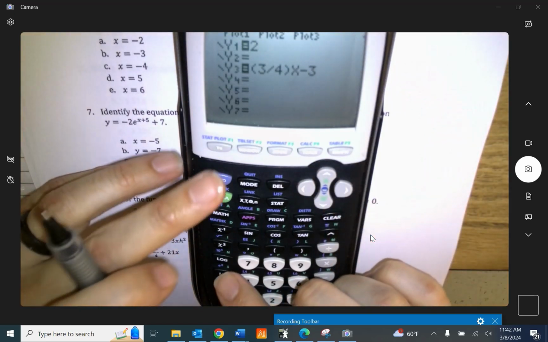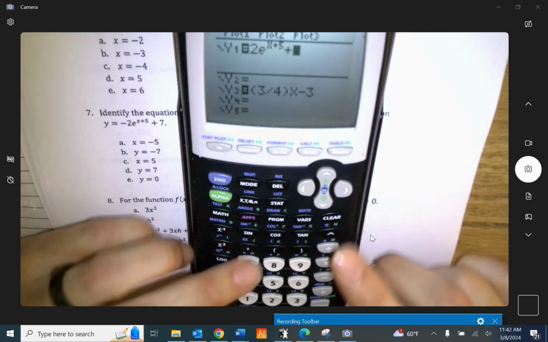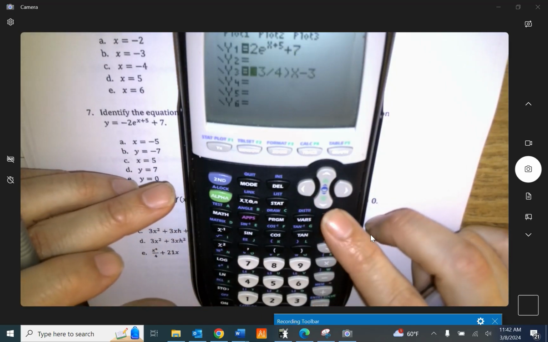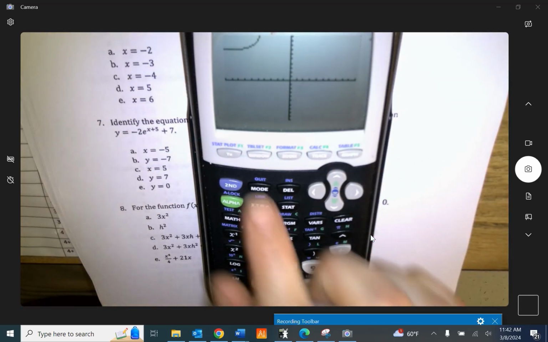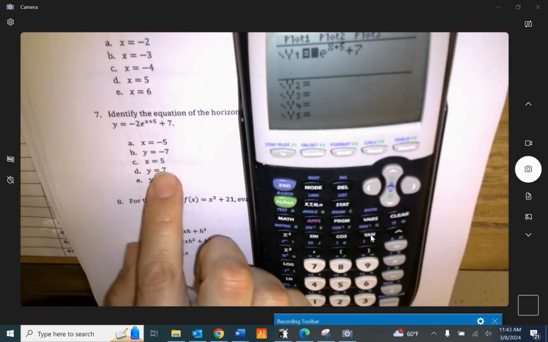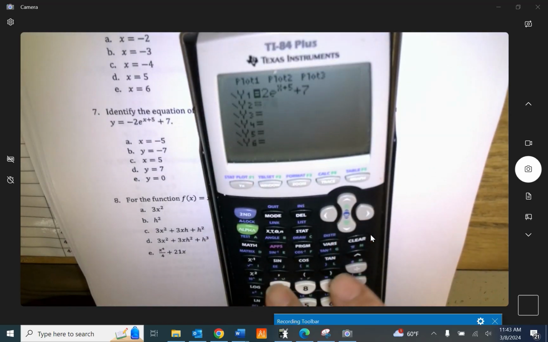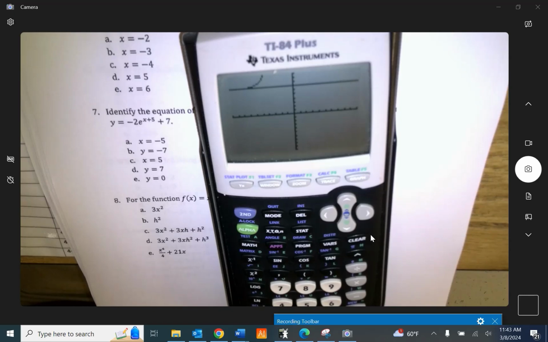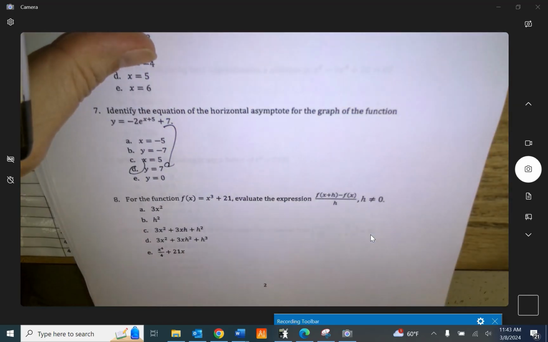So let's take our original equation. We'll do a zoom 6. And if I want to know which one of these is the horizontal asymptote, I can just kind of type them in. Oh, sorry, I'm down here. Obviously, it's going to be choice D, which is 7. That's it. It's choice D, 7. This one is